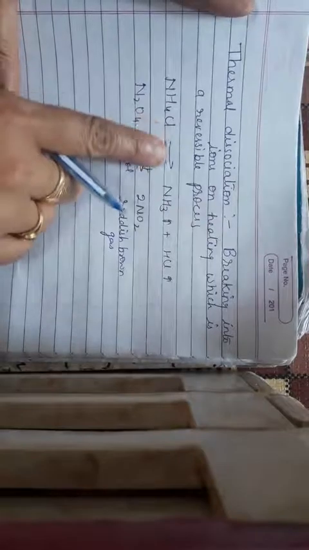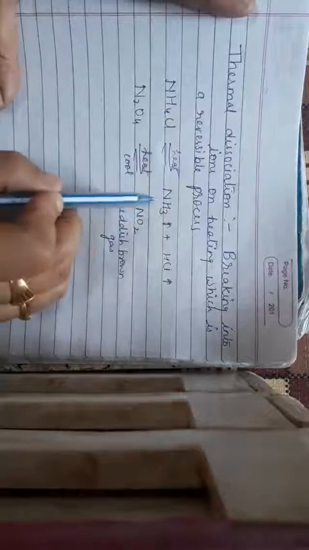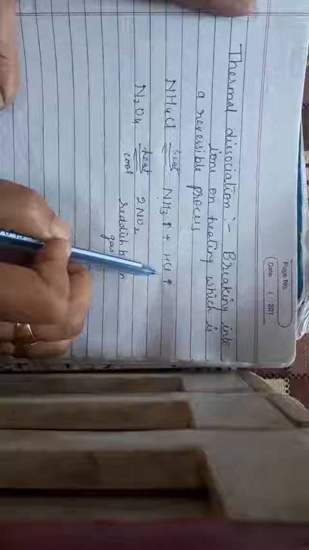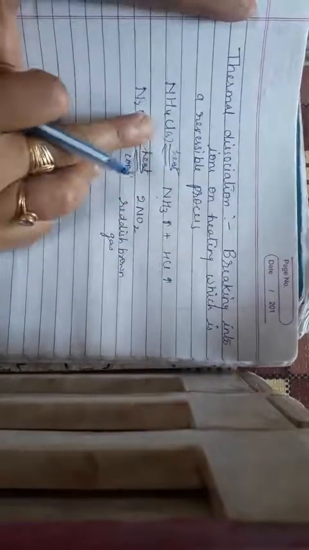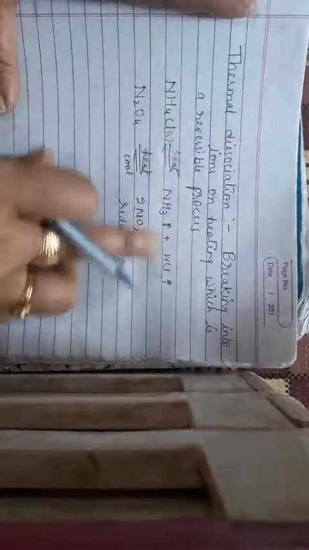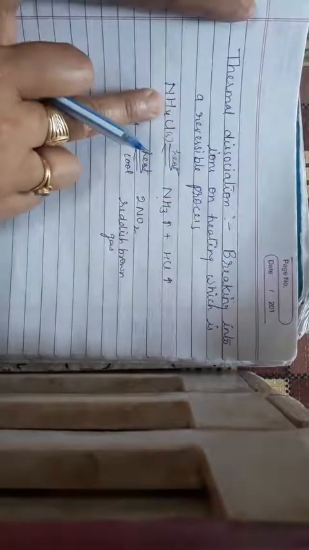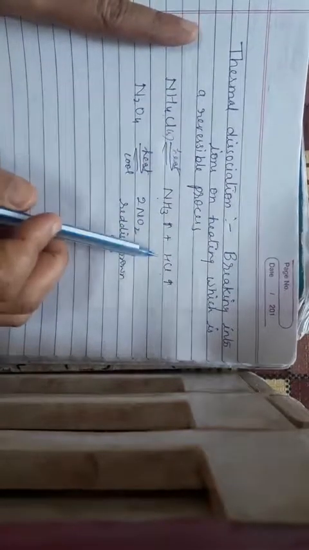Ammonium chloride, when you heat ammonium chloride, on heating it will give you ammonia and HCl. These are two gaseous products which are formed on heating this ammonium chloride, which is a solid substance. It is a sublimatory process. Sublimation, you know, is a process when a solid directly changes to gas, and gas on cooling will again give you the solid back. So this is sublimation when solid ammonium chloride gives you two gases, and the two gases on cooling will give you the solid back.